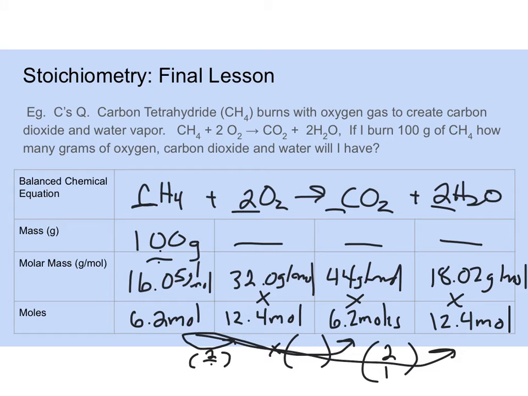When I go back up, I multiply. So 32 times 12.4 equals